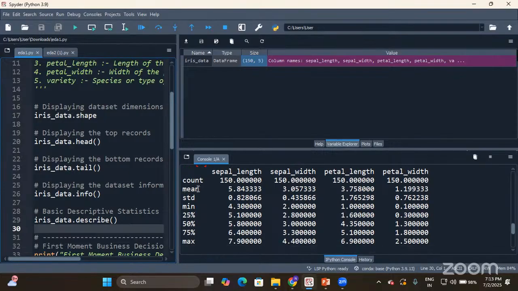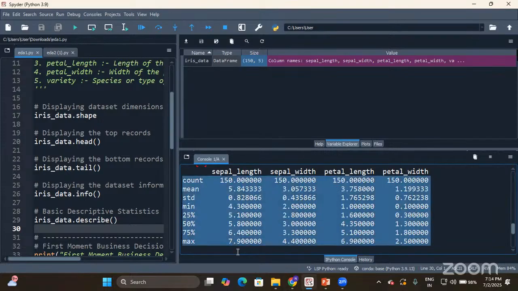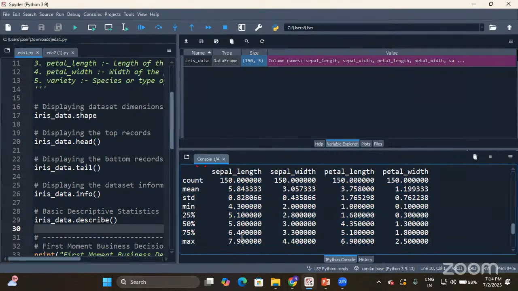So the describe function will return count, mean. Mean is the measure that we have understood as part of the first moment, the average. Then standard deviation, minimum value, maximum value, 25th percentile, 50th percentile, and 75th percentile. We'll understand these values later on, not now. Describe function will return these values for all the numeric columns only.